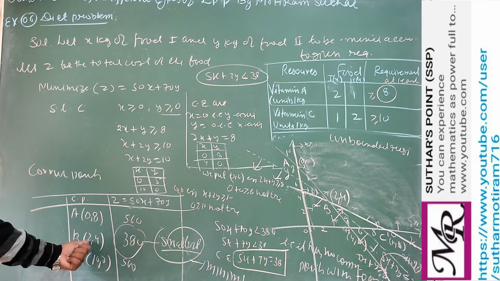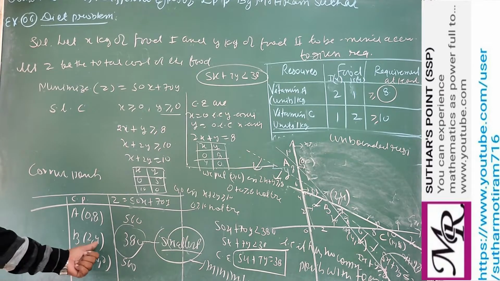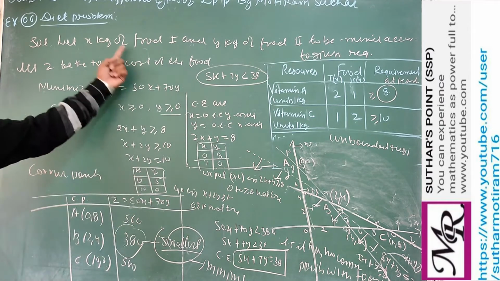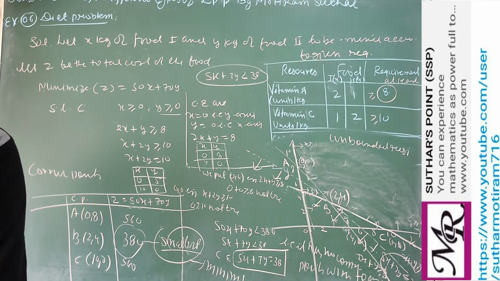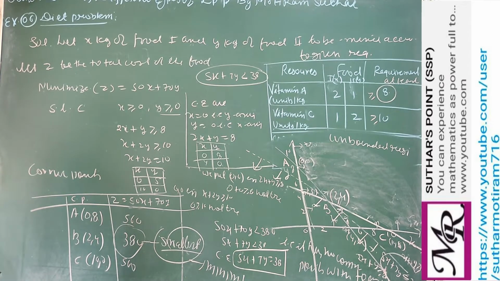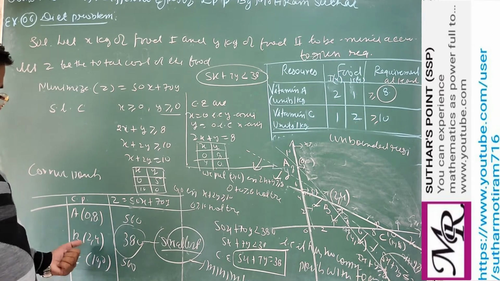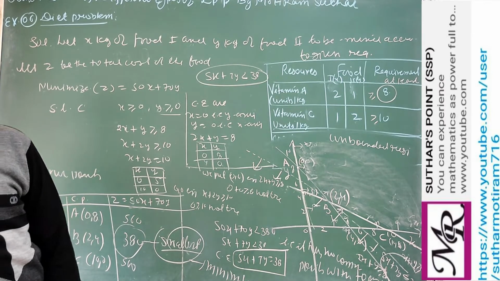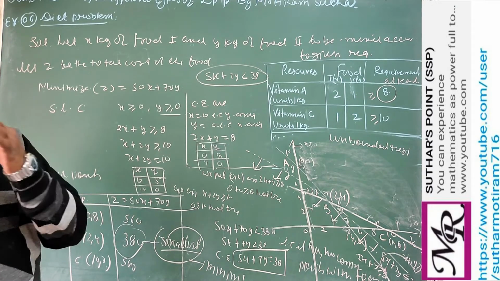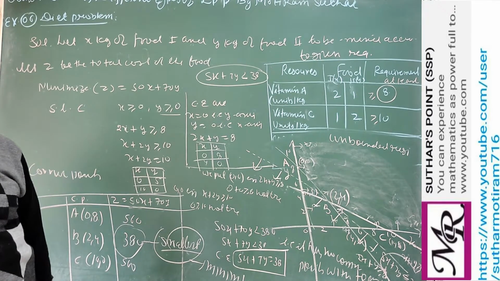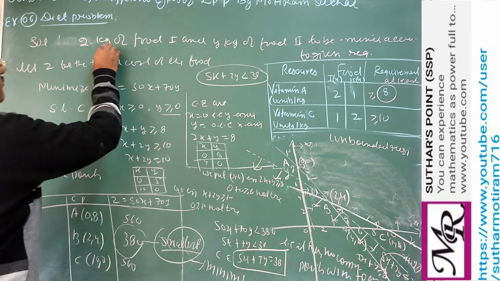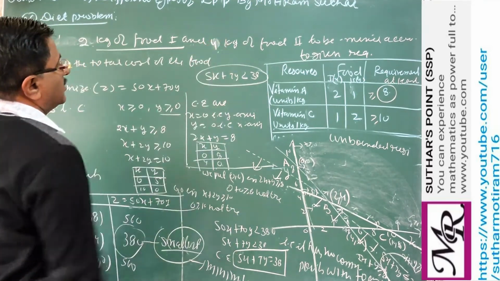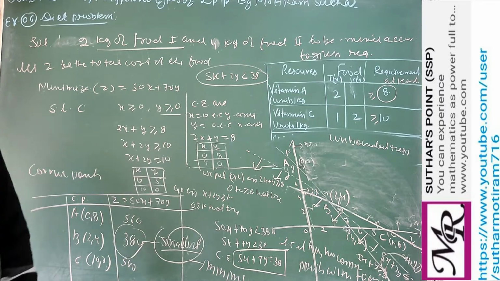So when 2 kg of the first type of food and 4 kg of the second, because x is the first thing. So here a final answer should be there. Thus the minimum value of z is 380, which can be attained at the point (2, 4). Hence the optimal mixing strategy for the dietitian would be to mix 2 kg of food first and 4 kg of food second.